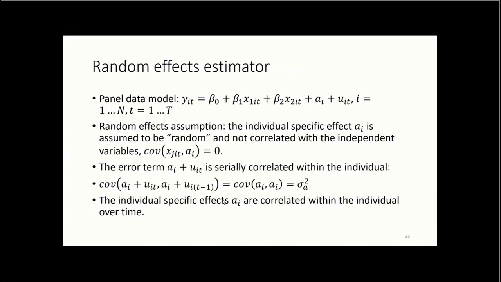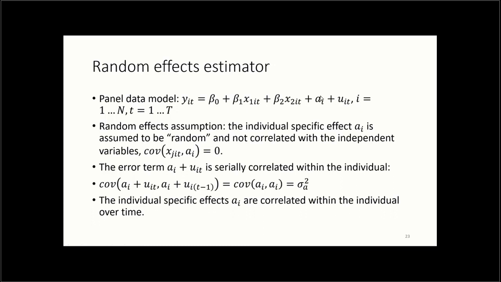So here is the final estimator that we would be considering for panel data models, and this is called the random effects estimator. Here we're starting with the same panel data model. So notice here that we still have these individual specific effects a_i. But here the random effects assumption would be that these individual specific effects are assumed to be random and not correlated with the independent variables. So here the covariance of each of the independent variables and this individual specific term would be equal to 0. So this one would not be correlated with this independent variable, would not be correlated with this independent